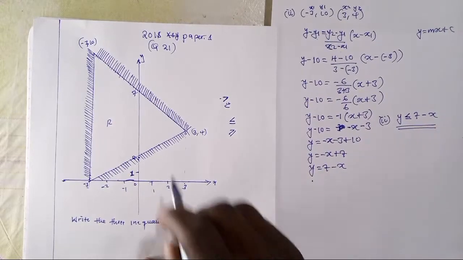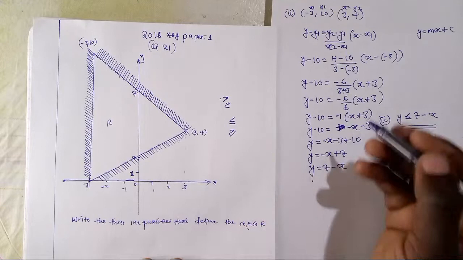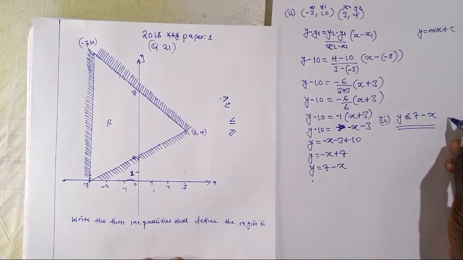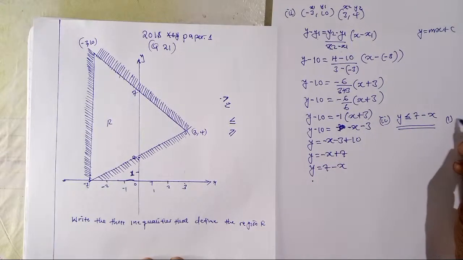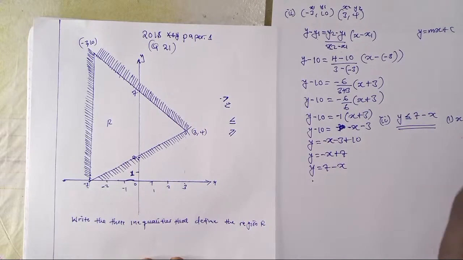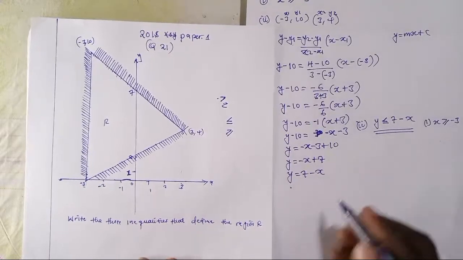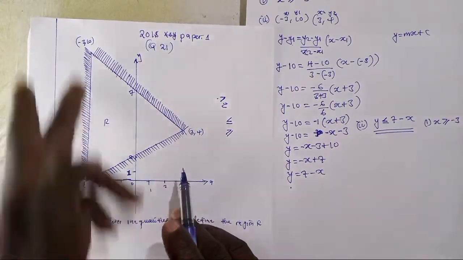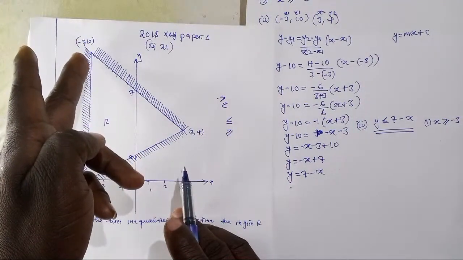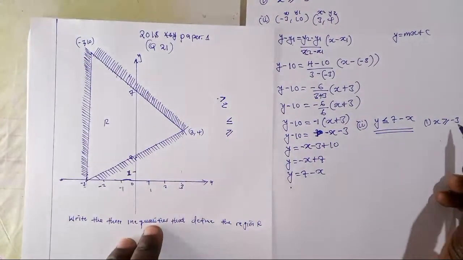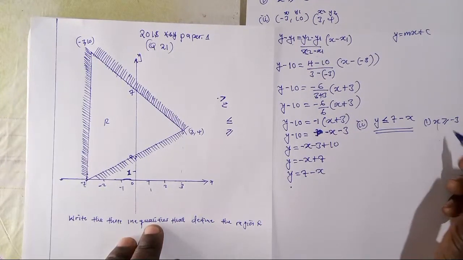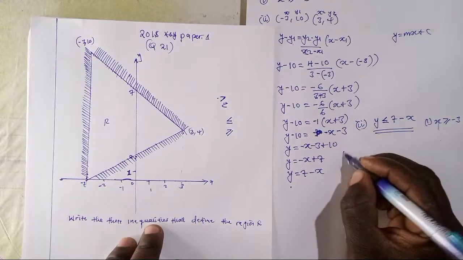Now let's move on to another inequality, because we are told to find 3 inequalities. So we have found this one. For number 1, we said x is less than or equal to minus 3, right? Then let's move on to this line, because we started with this line, which is negative 3 greater than or equal to x. So for number 3,